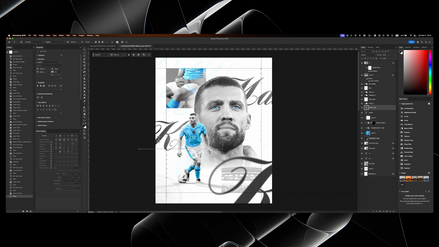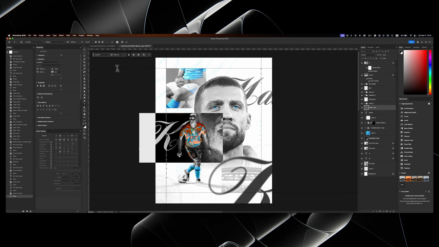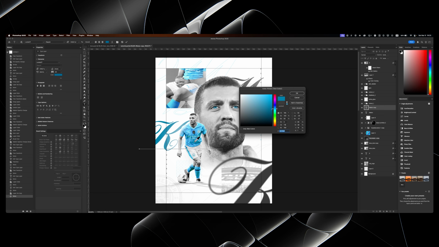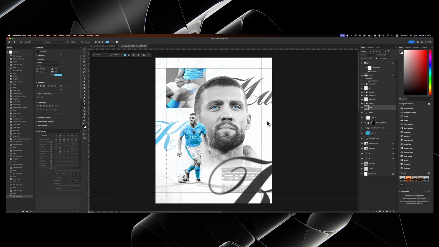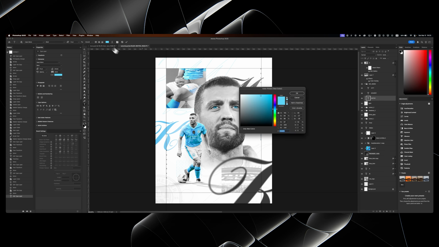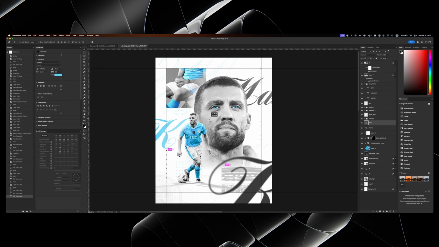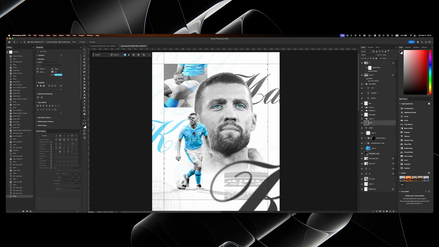This one is gonna be blue, and it's gonna be Kova text, and make it blue, something like this. Probably take the hex code from this color right here, like this, and this one is gonna be behind this cutout,